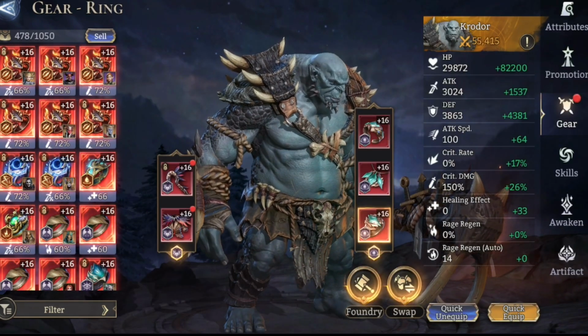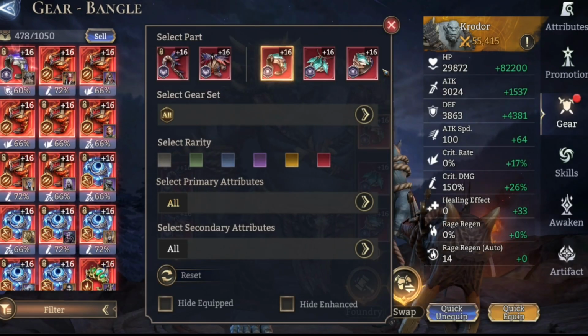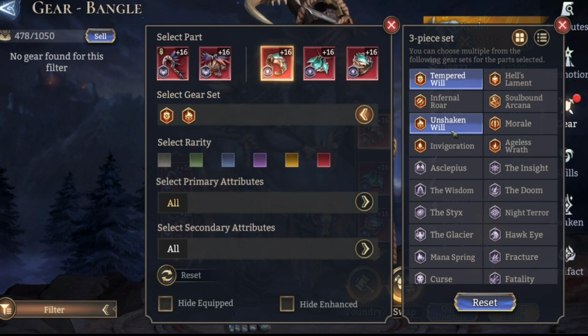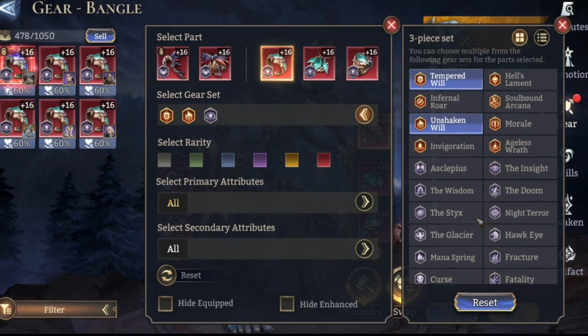So nothing major. And then if you're in the position where you're looking at sets, there's 5 sets I'd be looking for, and that is Tempered Will. I think this is the best set for tanks now, followed by Unshaken Will. These are the top two. If you got lucky enough, these are the sets you want to get them in. Then Guardian, and then